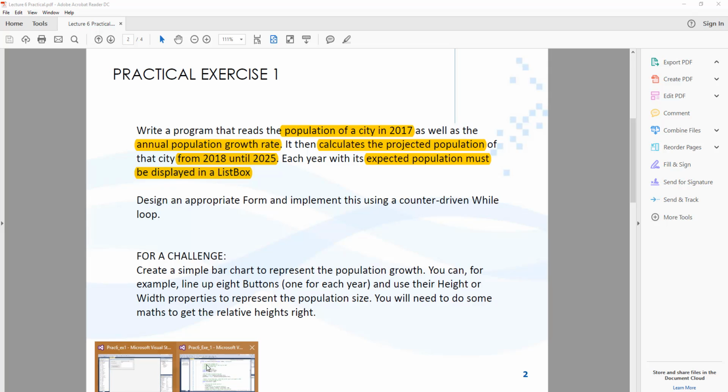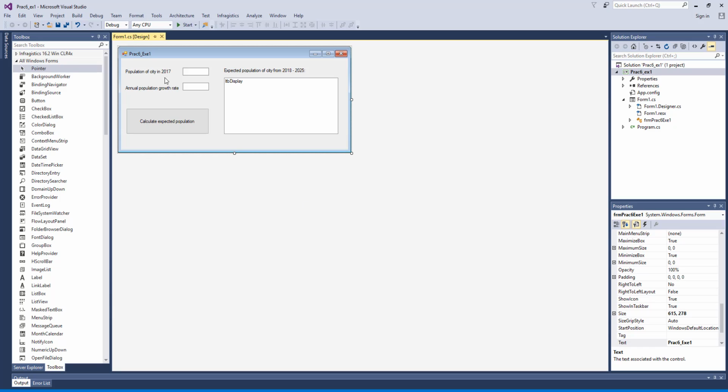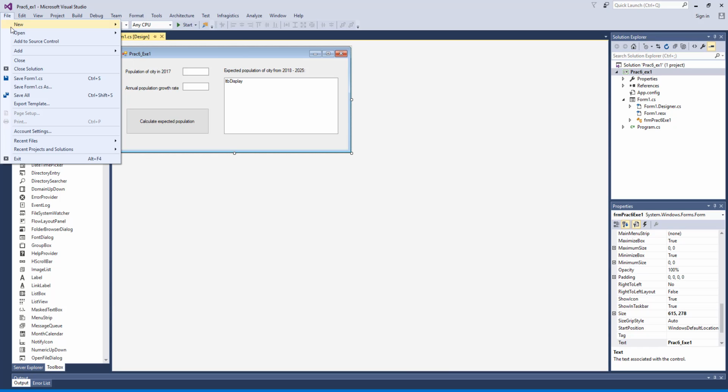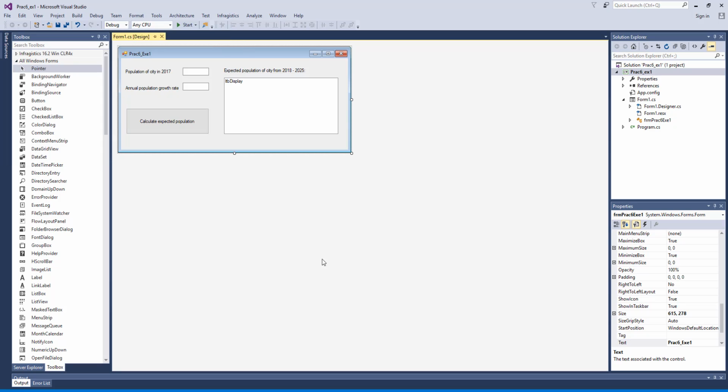Cool. Visual Studio. I've already designed my form. The normal stuff is file, new, project, and so on. Here on my form I have 1, 2, 3 labels. The first label is for the population of the city in 2017. The second one is for the growth rate. Then we have 2 text boxes for the user to enter values into. Then we have our button, which is our event handler that we're going to code everything in, and we're displaying